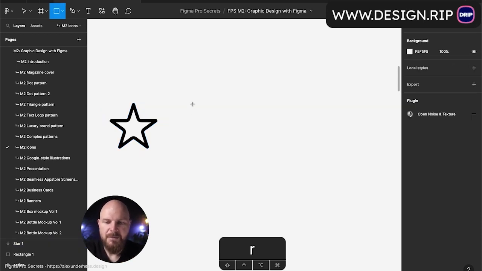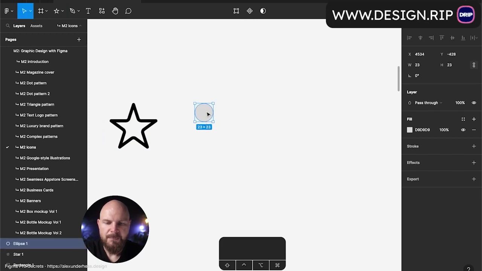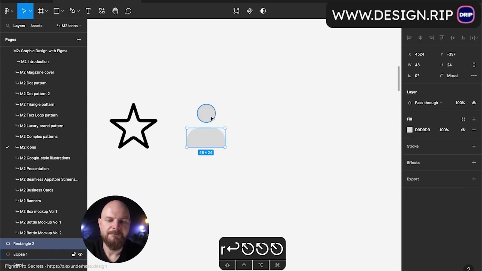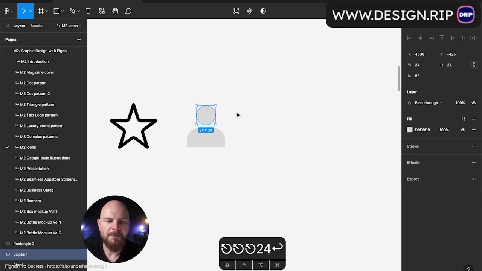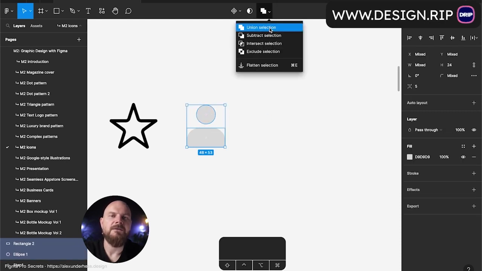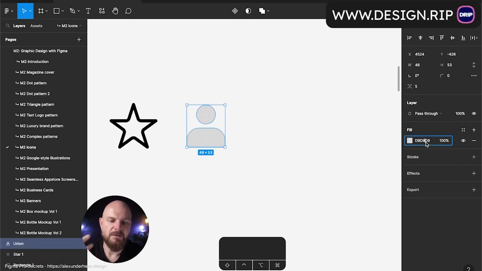Let's imagine that we create a simple shape like a circle, and then we'll create a rectangle here, but the top part of the rectangle will have rounded corners like that. And now if I put one above another one, and now I union selection to make it one shape,